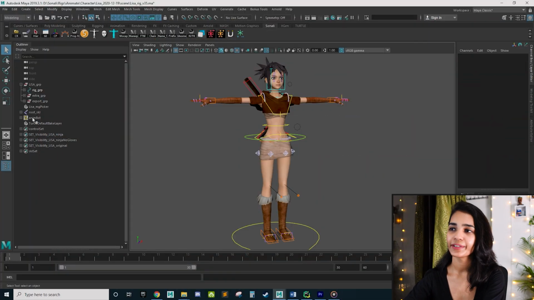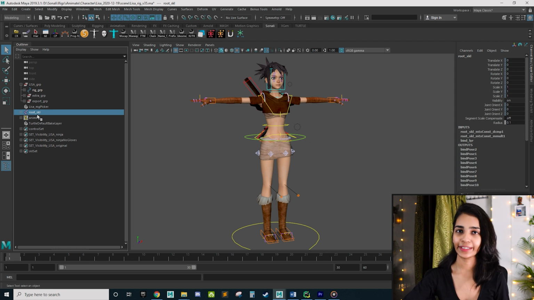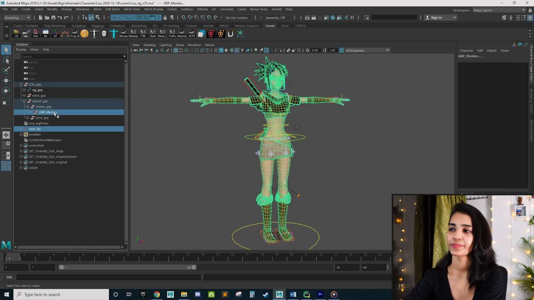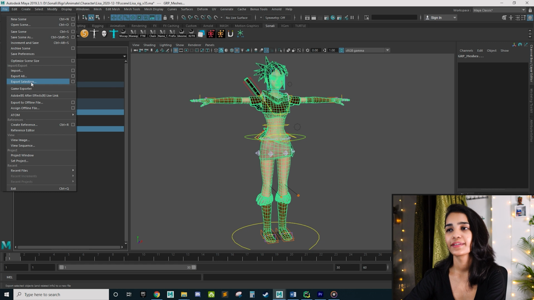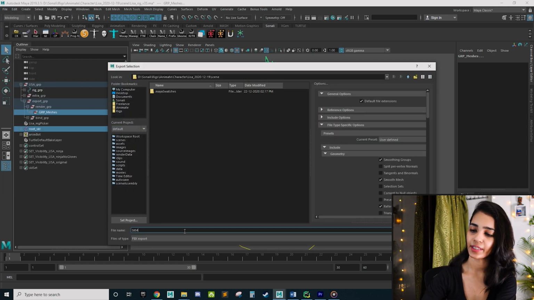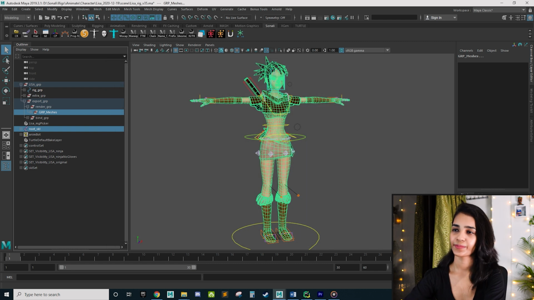This will take a while, so let's export Lisa in the meantime. In our Lisa character, we have root skeleton which is already independent and not under any group. So we can select that and select group mesh under the export group which contains our mesh. Again, go to File, Export Selection, type in a name like SKM_Lisa and export with the same settings.